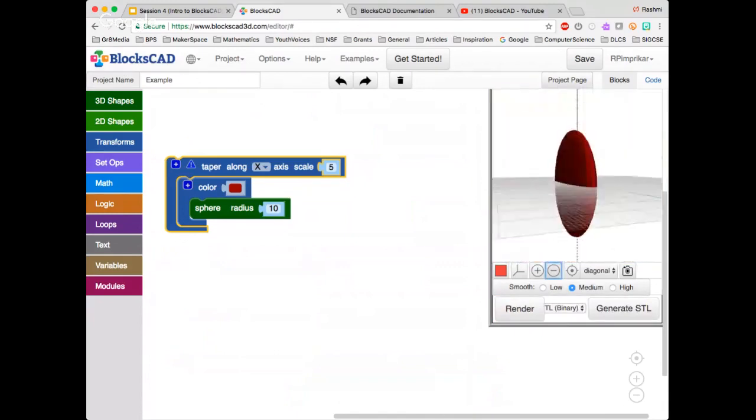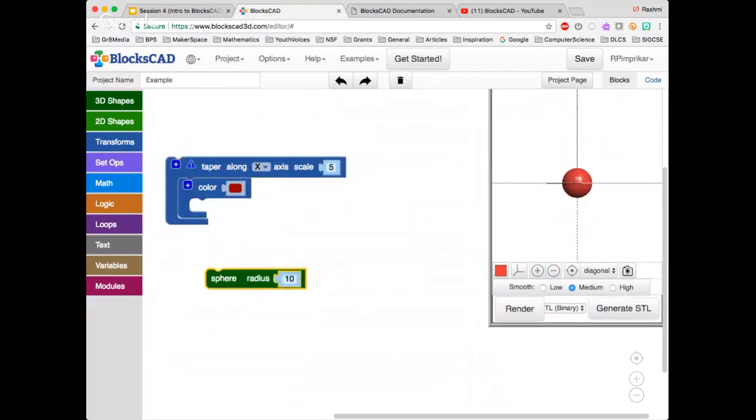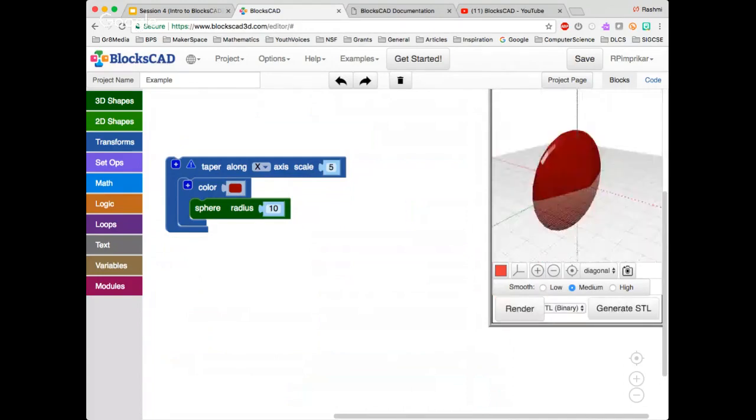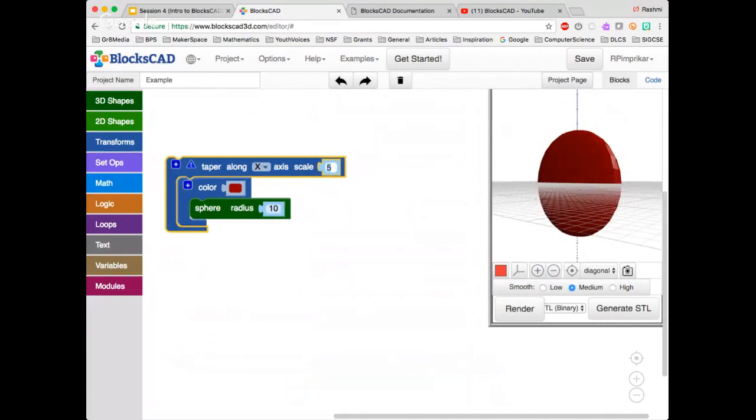Okay, so you can start seeing this is a sphere. That's the radius of the sphere. That's the original object. And then when I add taper and I'm axis scaling by 5, you can see that it's tapering. So 5 is, if you use a number bigger than 1, it makes the end bigger. Right. So that's why the one end got bigger, kind of along the